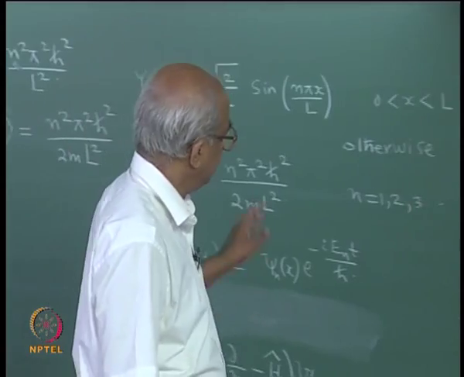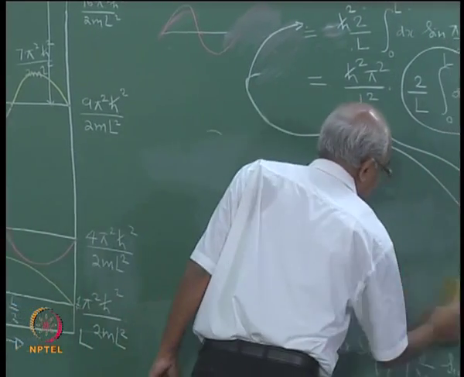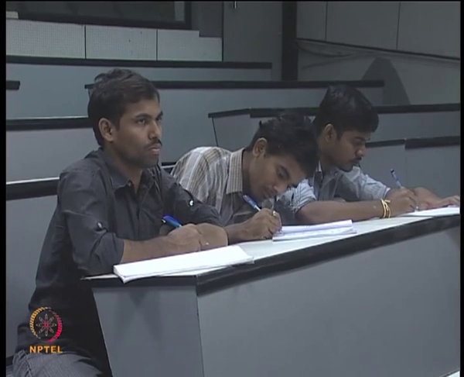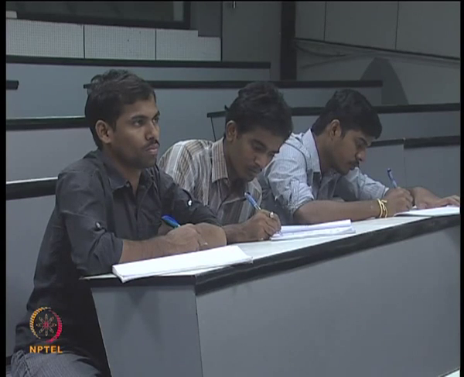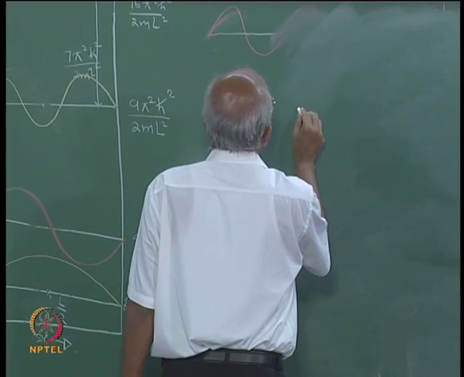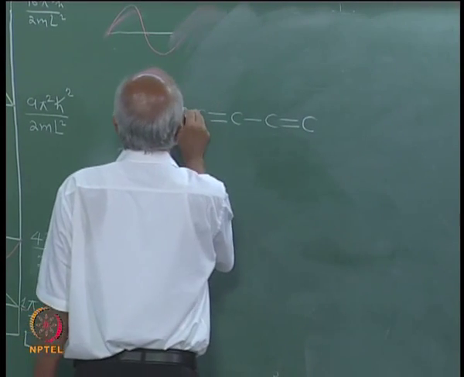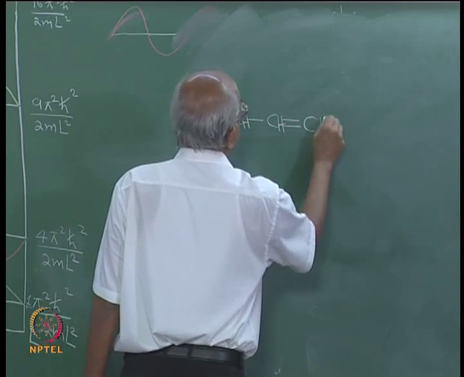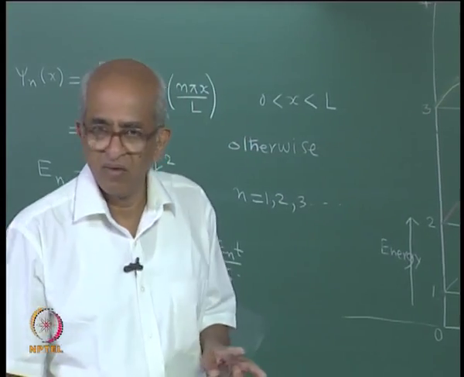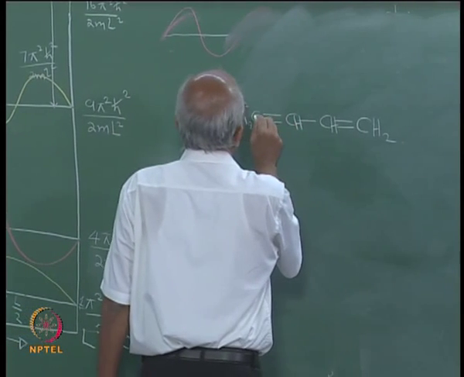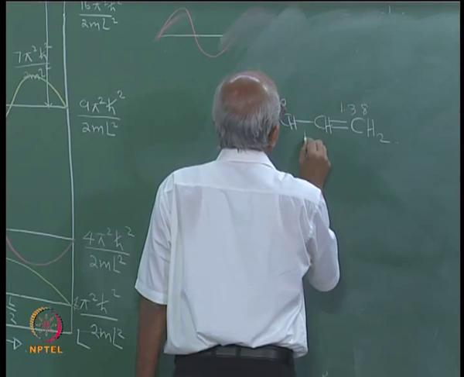Now, I want to illustrate a simple chemical application of this model. Let us think of butadiene, 1,3-butadiene to be precise. This is the molecule. It has 2 conjugated carbon-carbon double bonds, and if you do experiments, you can measure these distances using X-ray techniques. This bond length is 1.38, this is 1.38, and that bond length is